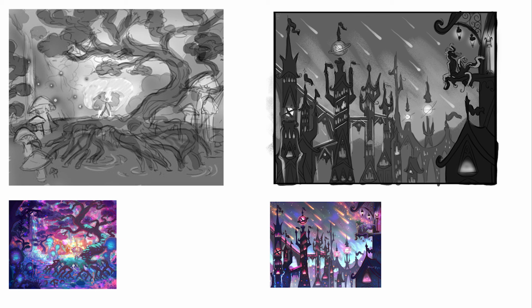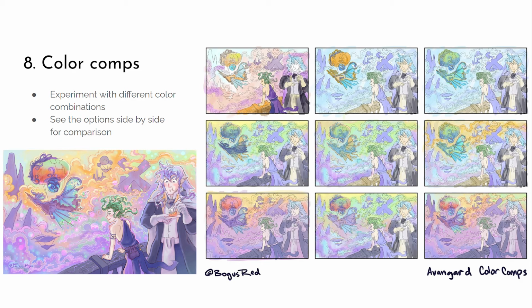Here's a couple more examples. Down here is the finished illustration for Faden, the Faden portal that we had for our Art RPG. And down here, this is the Eventide portal. And I began these with tonal studies to figure out where the light is going to be, what's the composition. Going on to the next step, color comps.